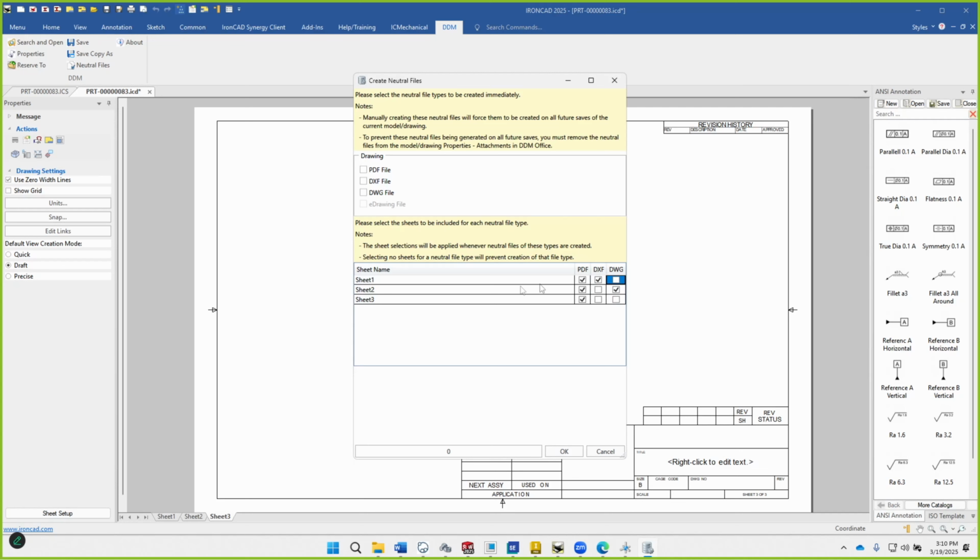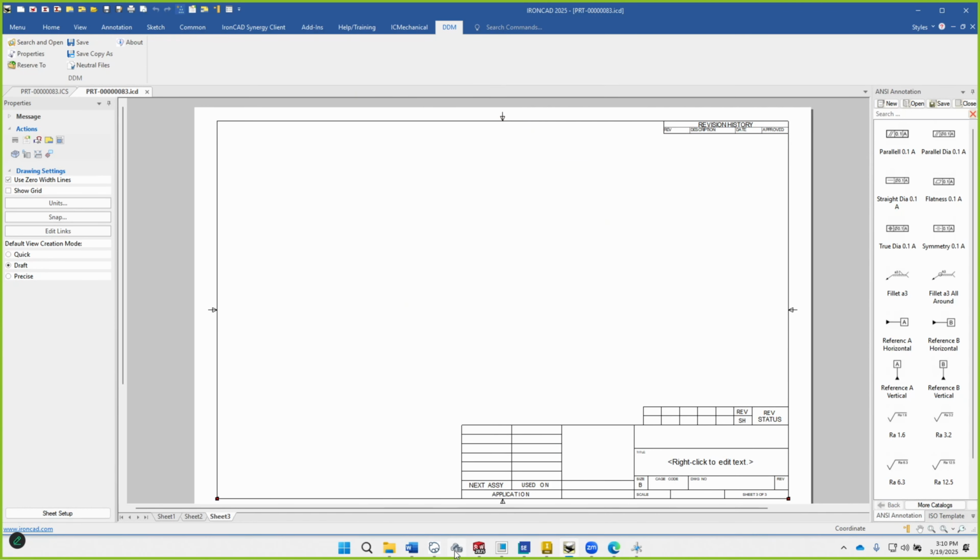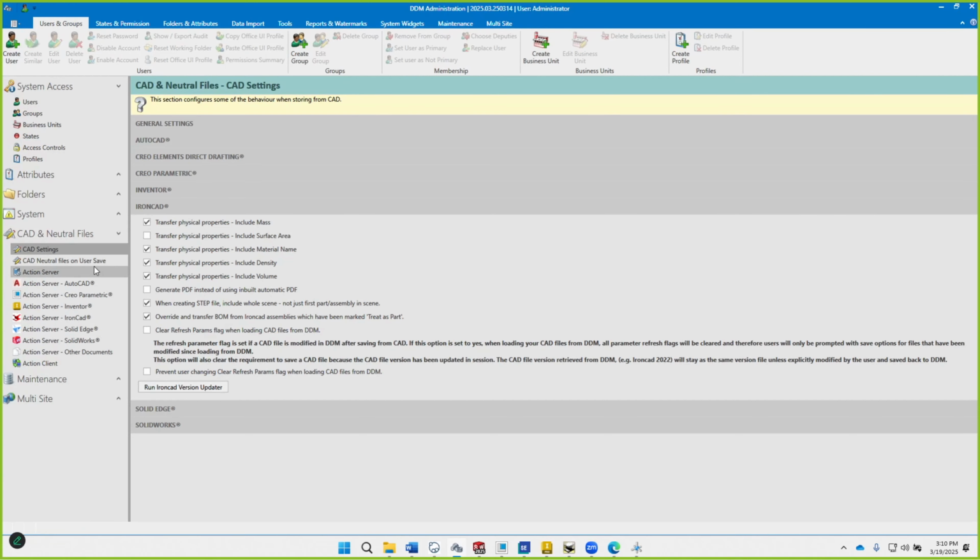So here I've set the DXF for sheet 1 and a DWG for sheet 2. If I confirm that, you can have a look